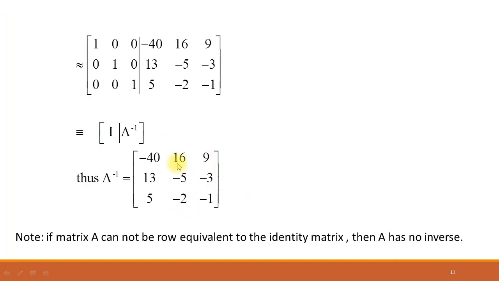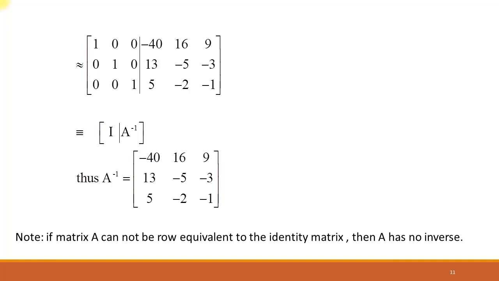And dear students, you can verify your results by finding the inverse of the matrix using the Cramer method. First of all, find the determinant, and then find the adjoint of the matrix. Then using the formula, inverse of the matrix A equals 1 over determinant multiplied by the adjoint of the matrix A, you will get the same result by that method. But note that in the Cramer method, if the determinant of the matrix A is equal to 0, then we say that the matrix is not invertible. Matrix A has no inverse.